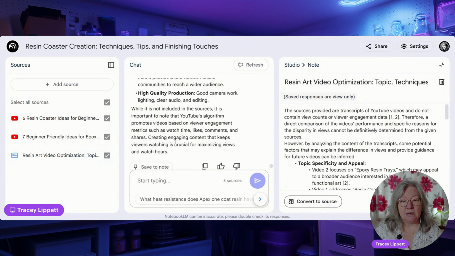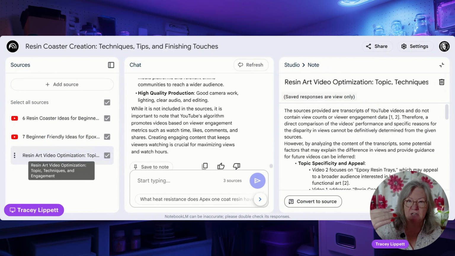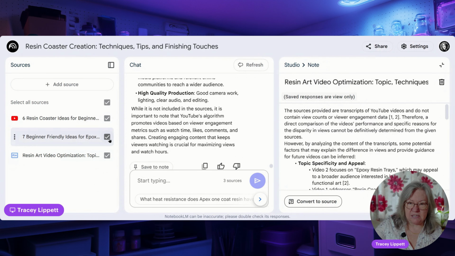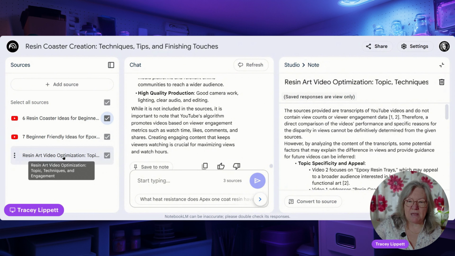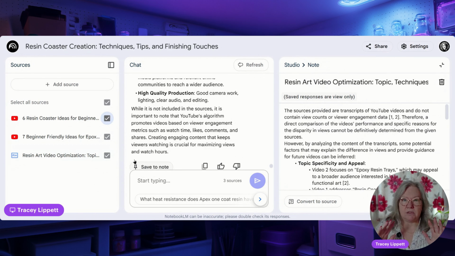So that means if you build up a lot of these, you could then go use those as your source reference. You could put in another video and say, please analyze this new video on the same basis. So you just deselect those and select your new video, which you'll have added as a source. Please do the same exercise as you did here and apply the learning from it, and it'll do the whole thing again. You can just keep messing with this, honestly. You can interrogate it further.